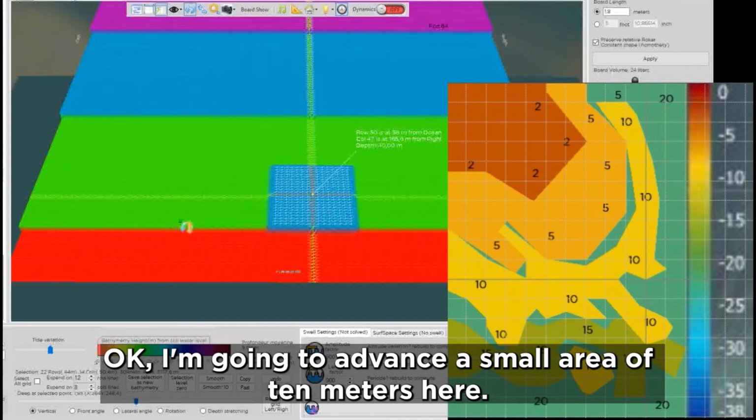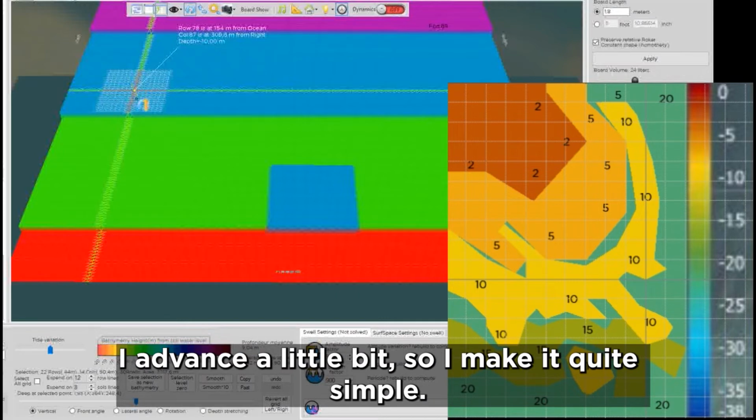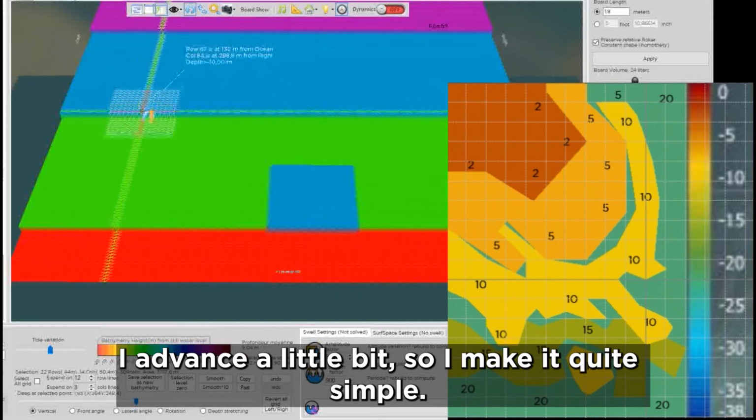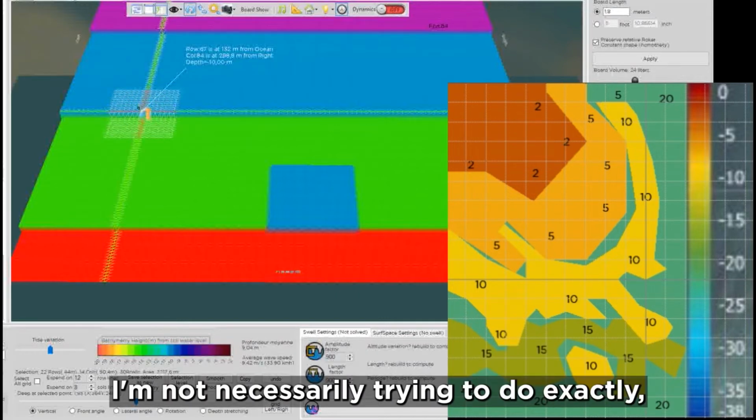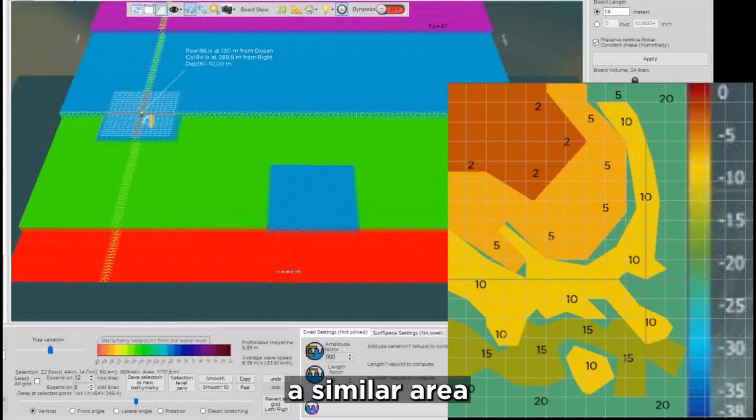Okay, I'm going to advance a small area of 10 meters here. I advance a little bit, so I make it quite simple. I'm not necessarily trying to do exactly, I just want to reproduce a similar area of 10 meters.